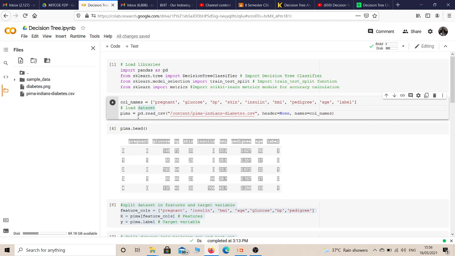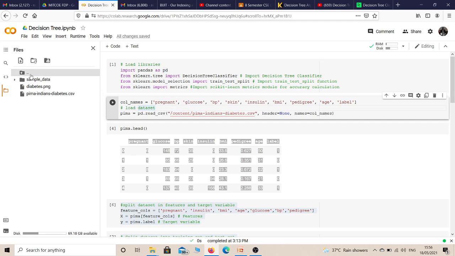So first of all, I will try to load the data set. My data set is available in a CSV file. This is the Pima Indians diabetes.csv. I told you that in this case I am using pandas in order to import my data set. Whenever you need to import any particular data set in the form of an Excel file or CSV file, at that time pandas can be used. So first of all we need to load this data set, and this data set is called Pima Indians diabetes.csv.